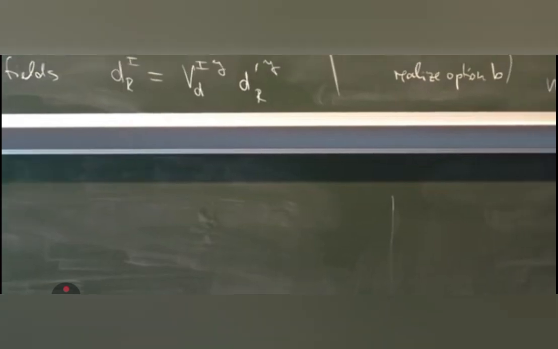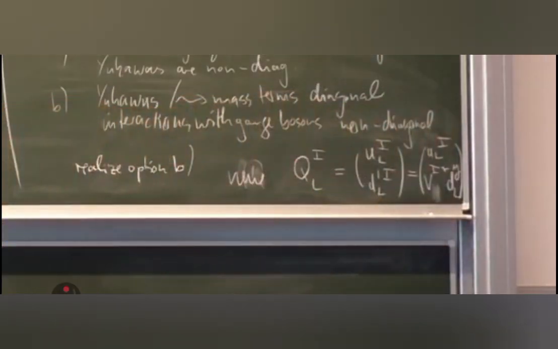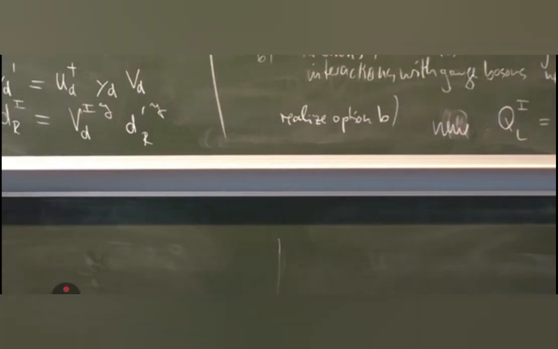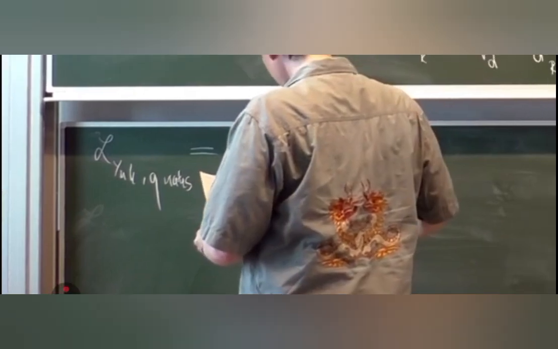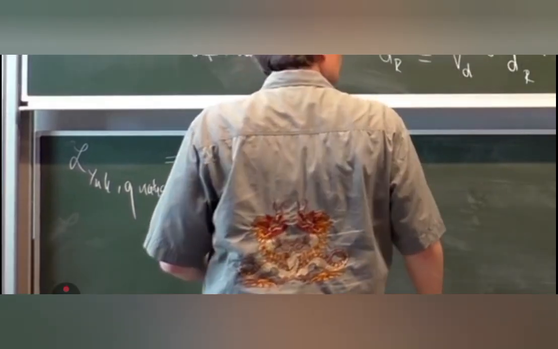So let us remove this index here. And let us now finally look at the full Yukawa Lagrangian for the quarks. So the Yukawa Lagrangian for the quarks is now